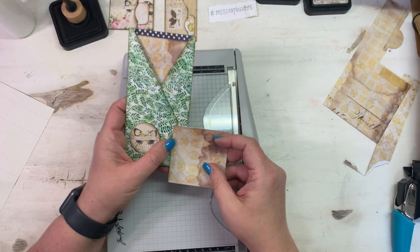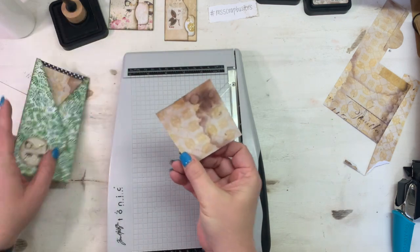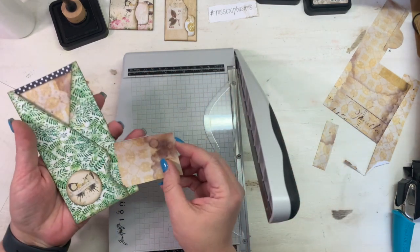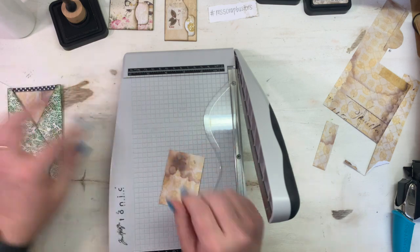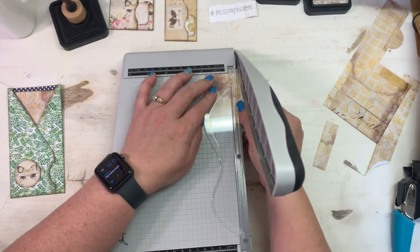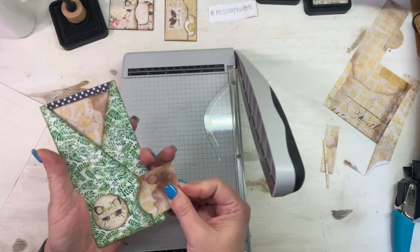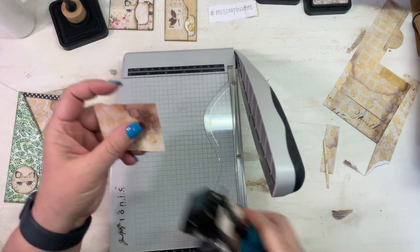So I want to make a piece that's about yay wide. Go ahead and trim that off and see if that fits. It does, but it's a little snug, so let's trim a smidge off of that. Not much, about 1/8 of an inch. Yes, that works. And then I'm just going to